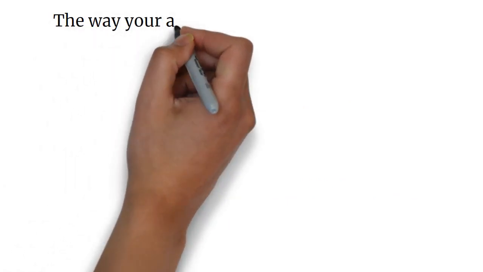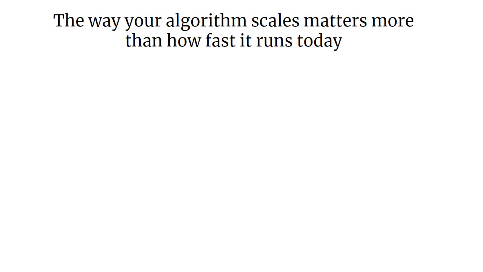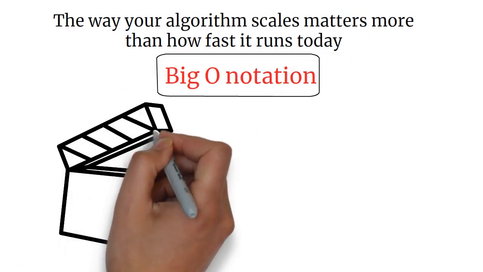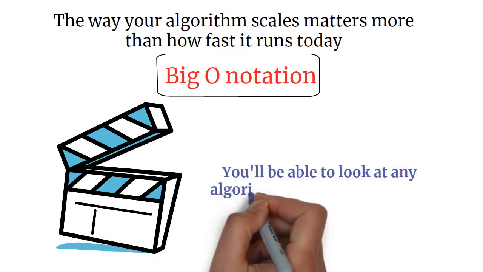Here's what you need to know. The way your algorithm scales matters more than how fast it runs today. This is what Big O notation tells us. By the end of this video, you'll be able to look at any algorithm and predict whether it'll crash and